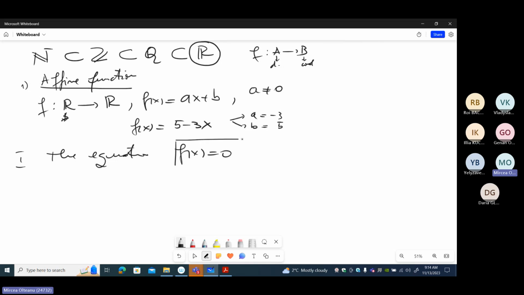Here I want to make a comment. Do not confuse functions and equations. If you have a function, it is a quantity which depends on a variable x. For example, 5 minus 3x. It's a quantity which depends on the variable x. X is called a variable. Okay. If we equalize